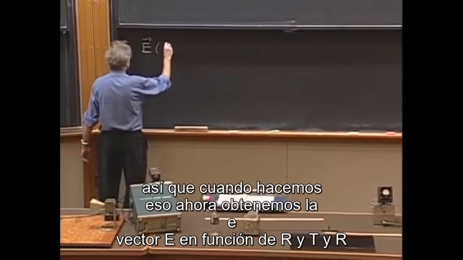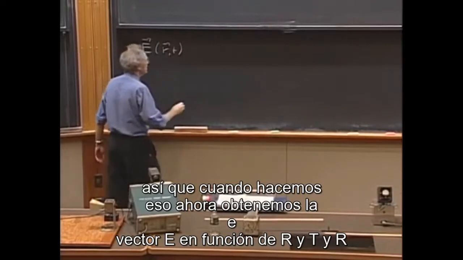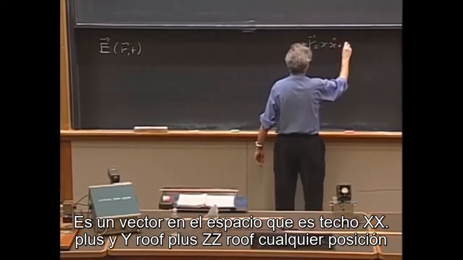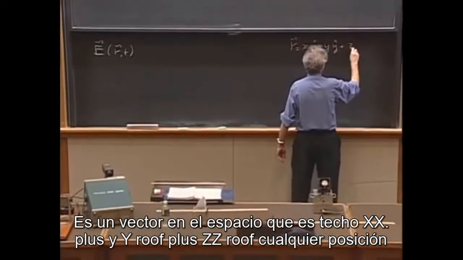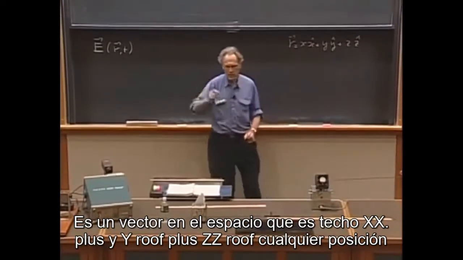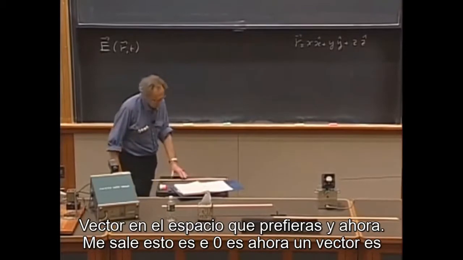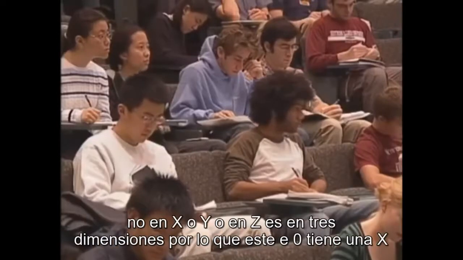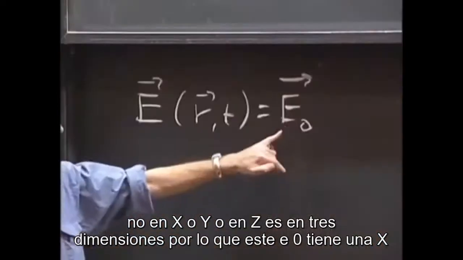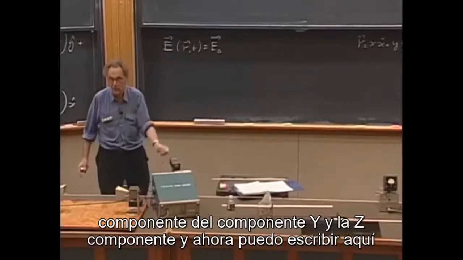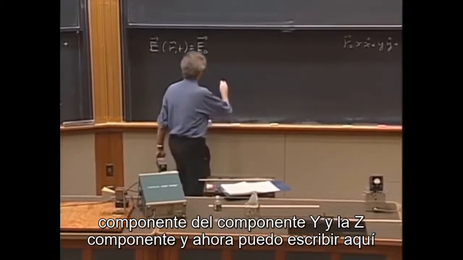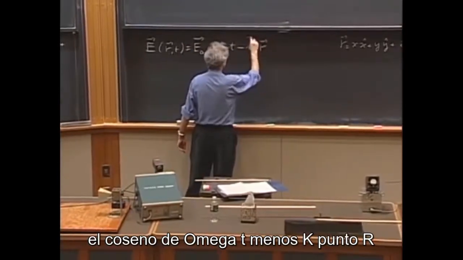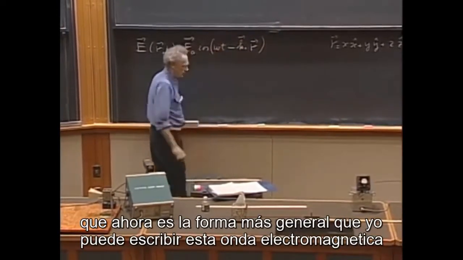And so when we do that, we now get the E vector as a function of r and t, and r is a vector in space, which is x roof plus y roof plus z roof. It's any position vector in space that you prefer. And now E0 is a vector. It's not in x or y or in z. It is in 3 dimensions, so this E0 has an x component, a y component, and a z component. And now I can write down here the cosine of omega t minus k dot r,